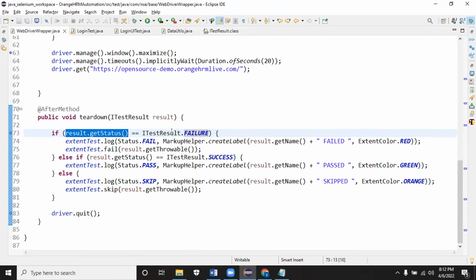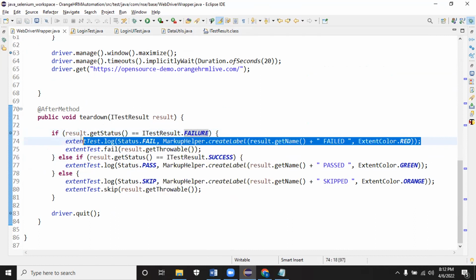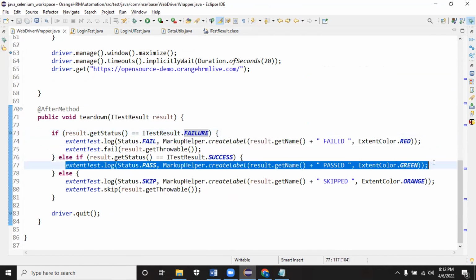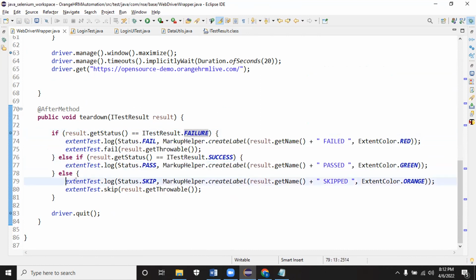If the status is failure, then I'm marking it as fail. If the status is pass, then marking it as pass. If any other status, I'm marking it as skip. Mostly it will be pass, fail or skip. And also throwing the error if it is a failure. ExtentTest.fail, result.getThrowable. That's the detail.